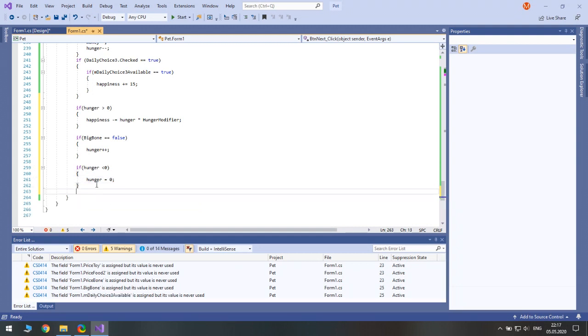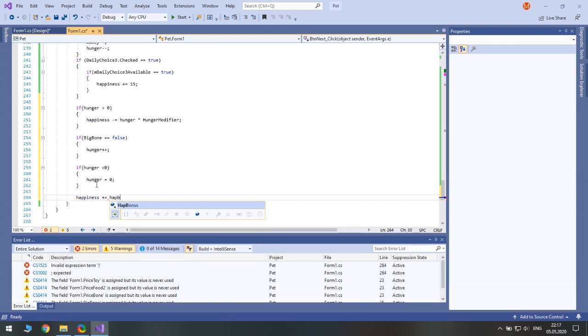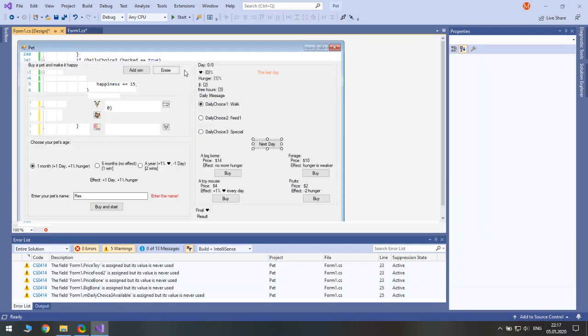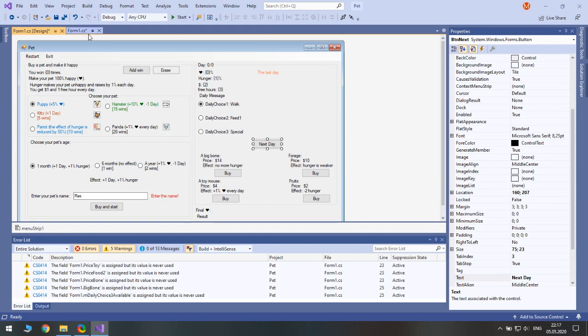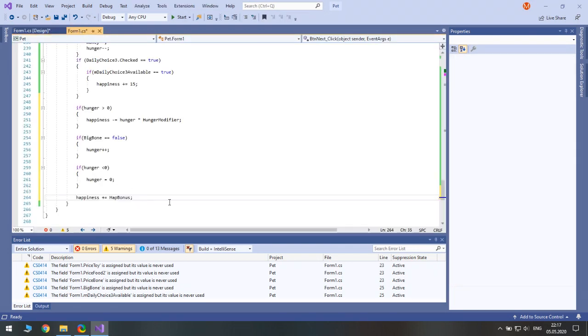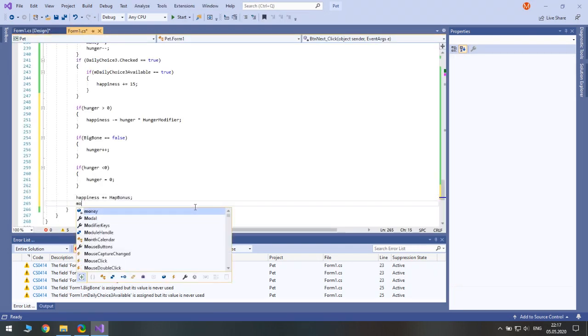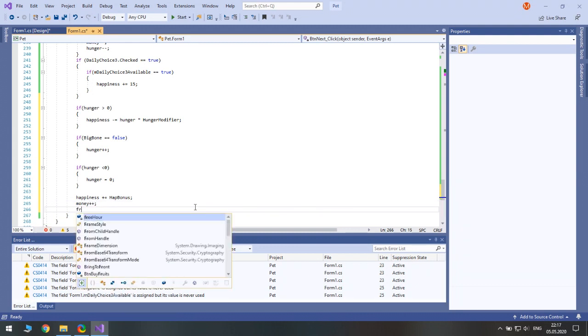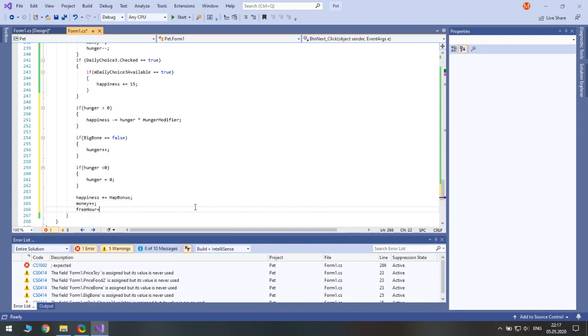Then after that we increase our happiness by our happiness bonus. Panda has it, and also one item has it, a toy mouse. So we also increase money by 1 every day. We also increase free hours.